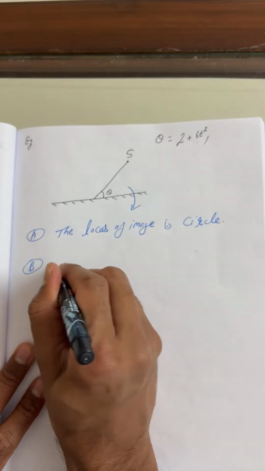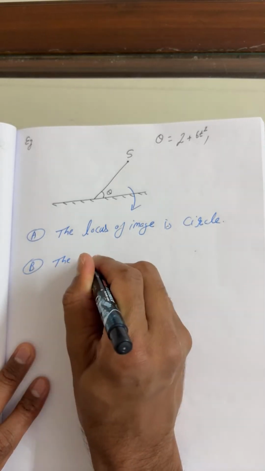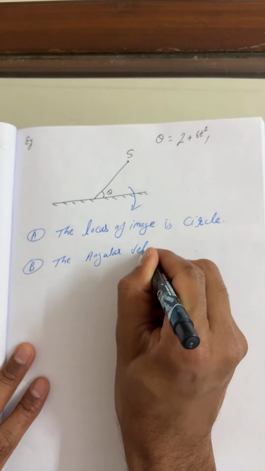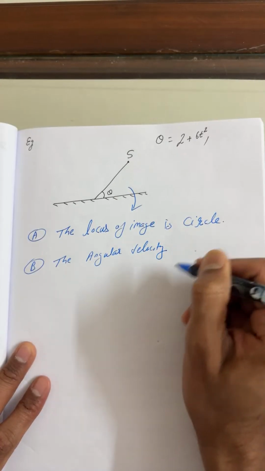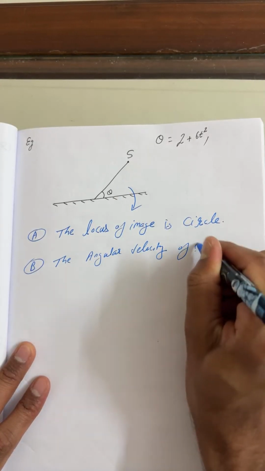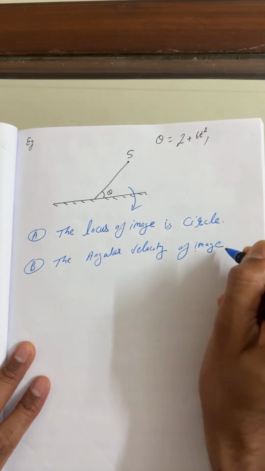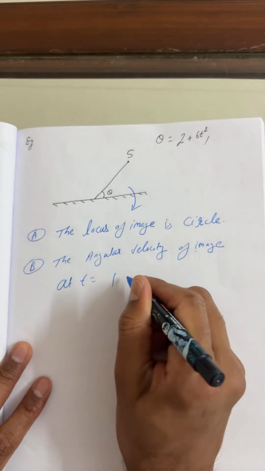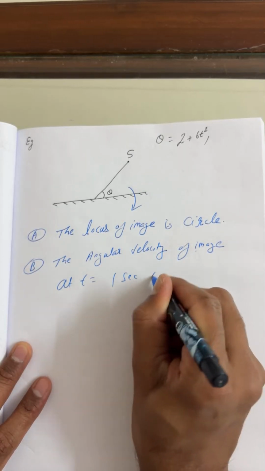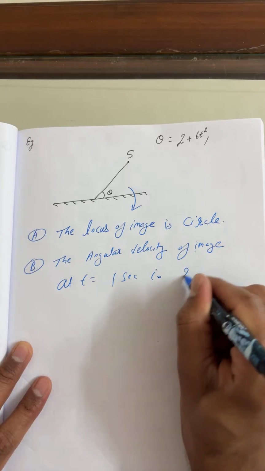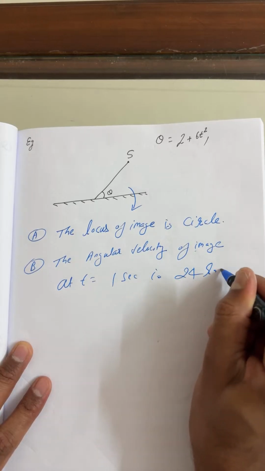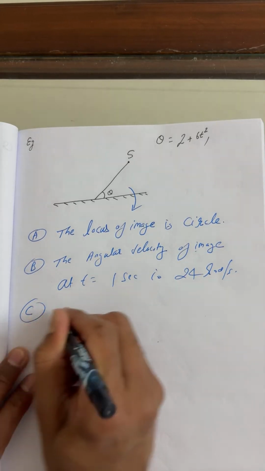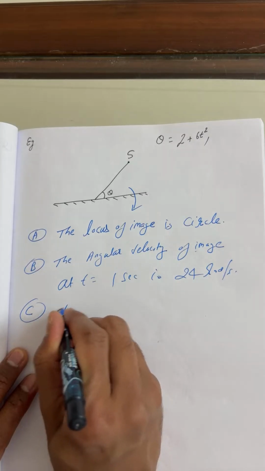The angular velocity of image at t equals 1 second is 24 radian per second. Option C, student, the speed of image